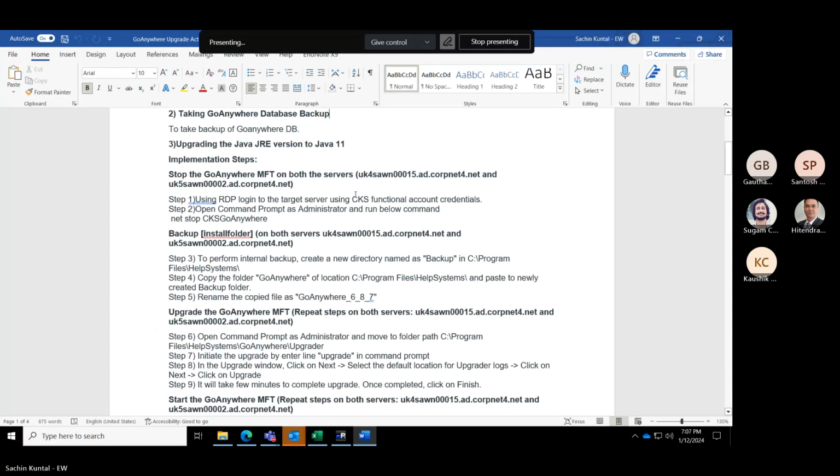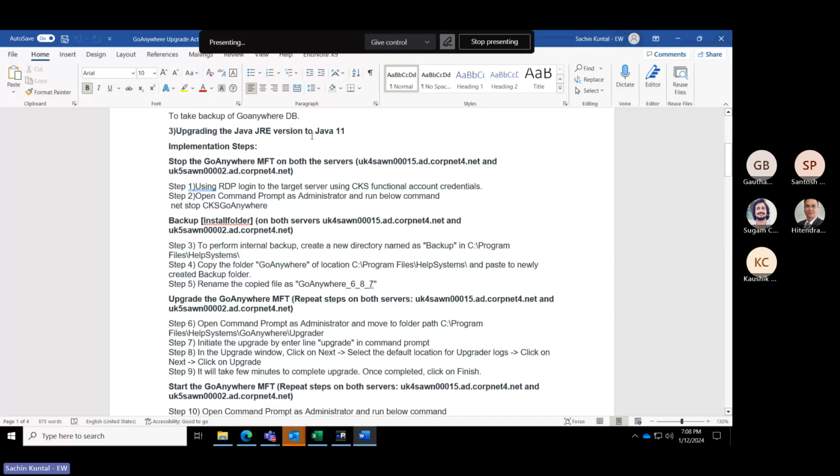Yeah, manually. In some upgrades, it would be mentioned that we also need to upgrade the Java JRE version to a specific version, whichever is the latest one. Right now it is already upgraded to the latest version as of the last change. But in future, whenever you do the activity, this is one of the things you will have to look out for in the upgrade documentation. It won't be there in all the upgrades, but in some upgrades they would have mentioned this.